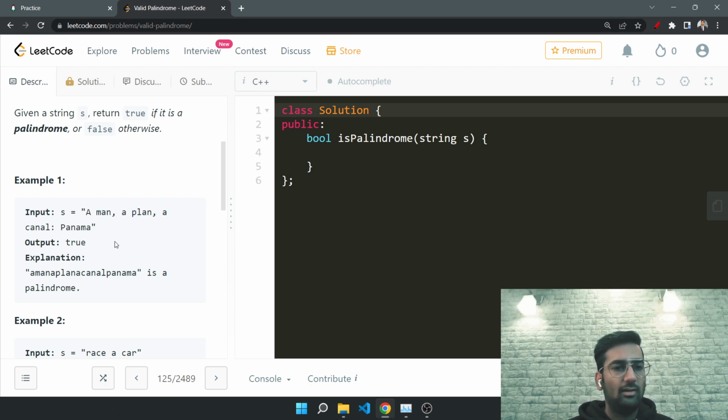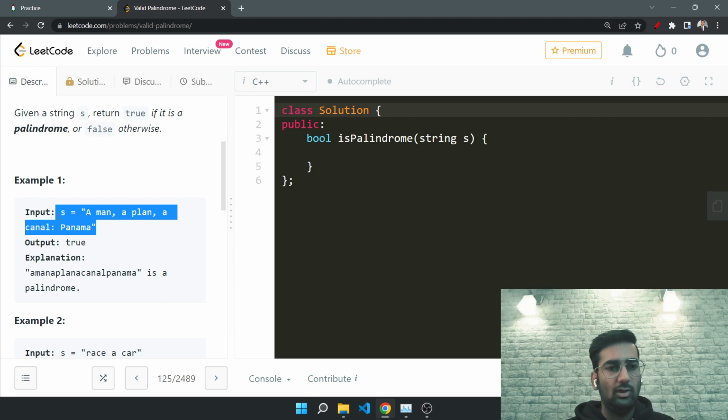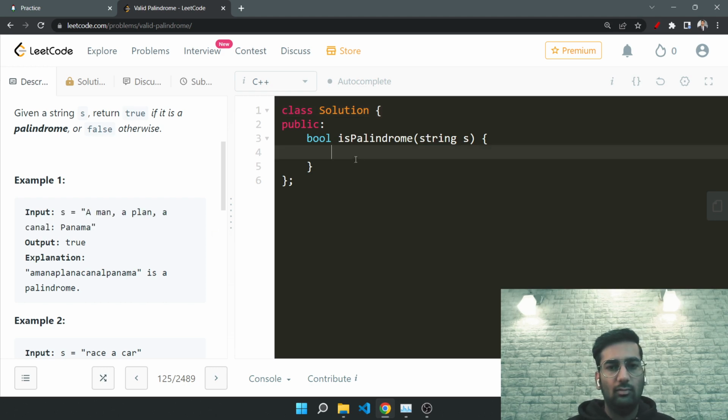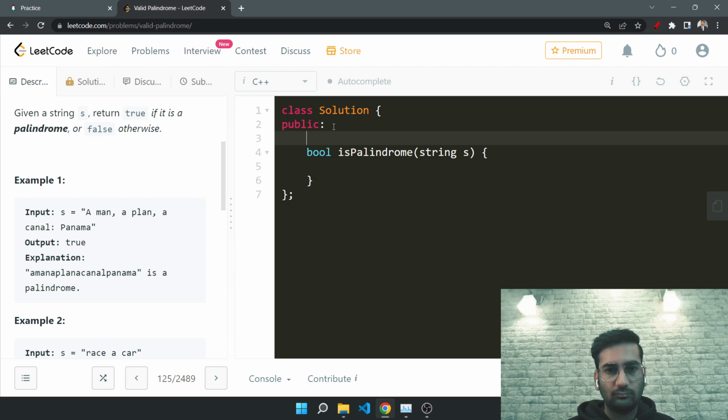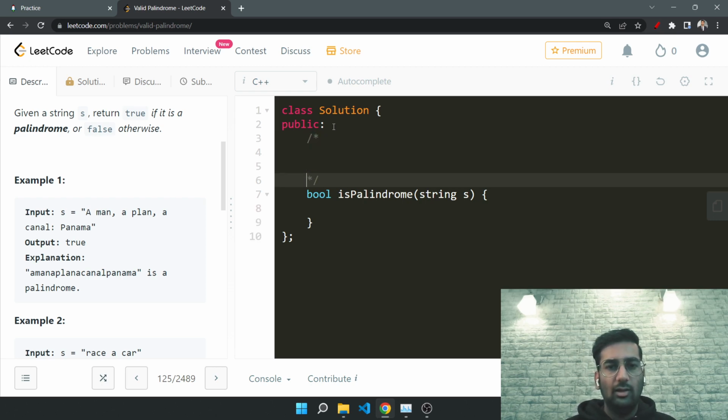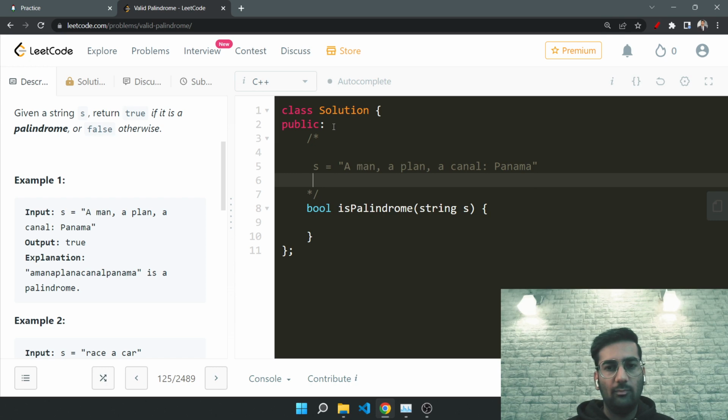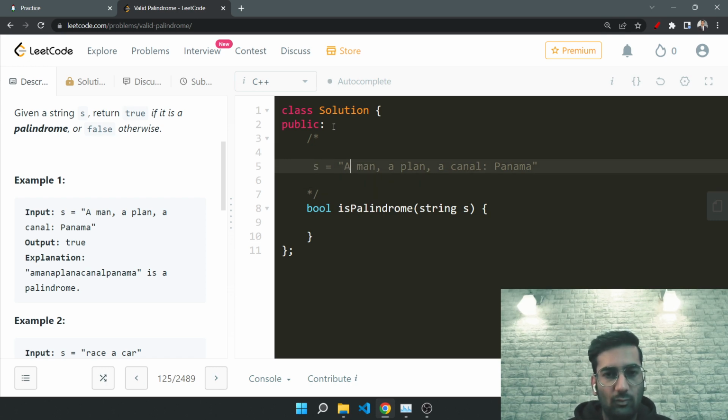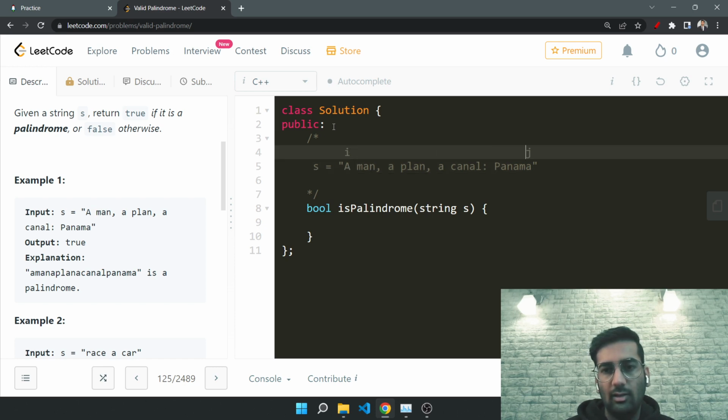So let's just take this example. Let me explain how we are going to do this. This is a pretty simple two pointer approach question. We will have a pointer at the start, which we are going to call i, and a pointer at the end. We will run a while loop. We will initialize our pointers, this is 0 and this is n minus 1, where n is the length of this string, and then we will run the while loop